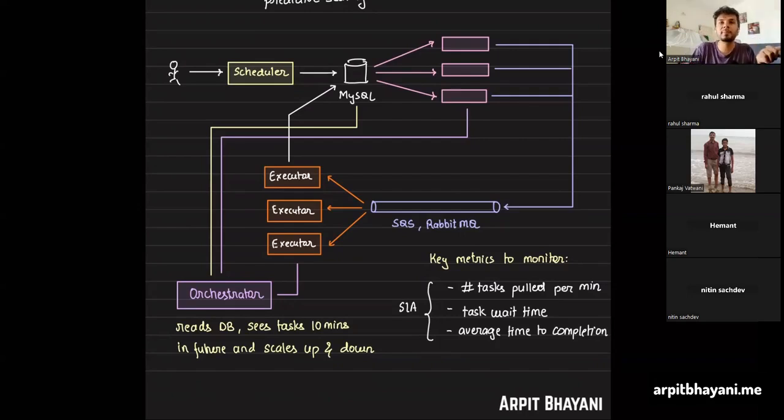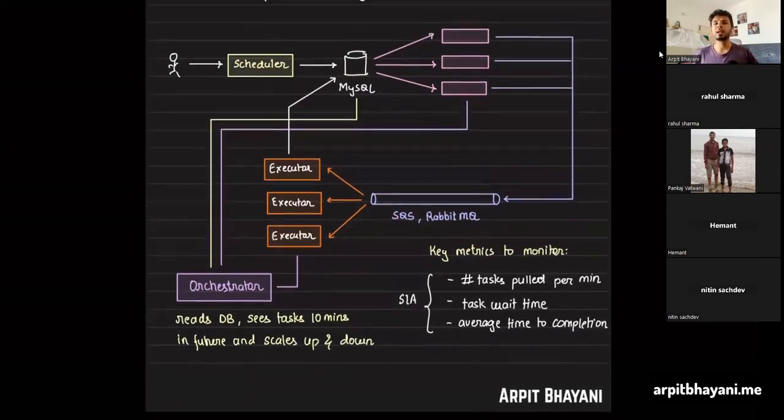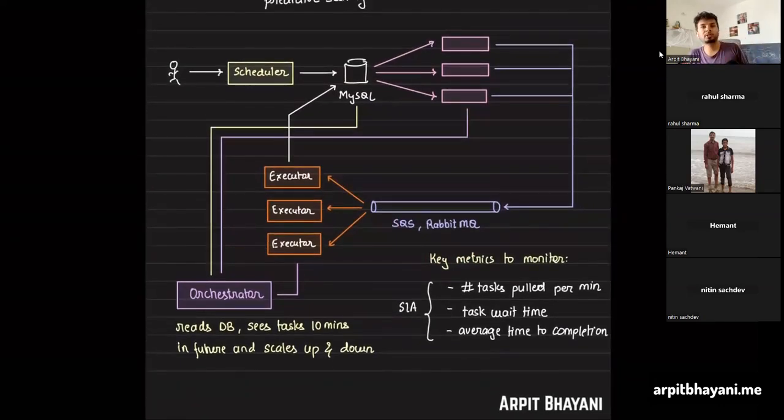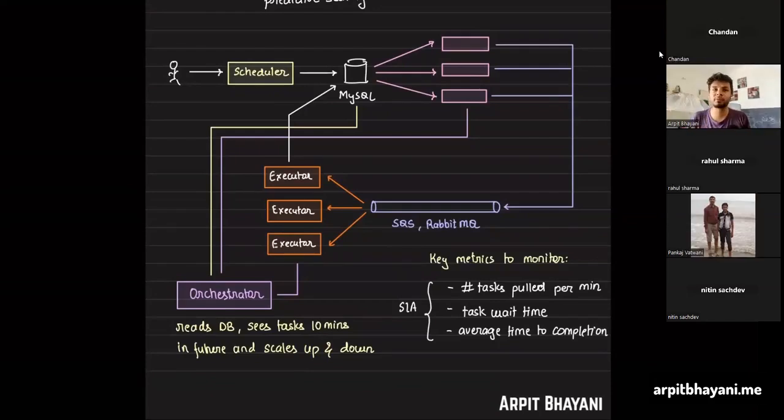It's better that you scale up your system by knowing what kind of tasks are scheduled, how many of them are scheduled, what's the average time they take to complete, and then you scale up your pullers and your executors, and in case you have multiple brokers, those as well. Fine. So this is what the job of your orchestrator would be. It would need to keep a very close eye on all of these metrics. It would constantly be using this database to figure out what's happening and what's not, and it would be scaling up and scaling down accordingly.